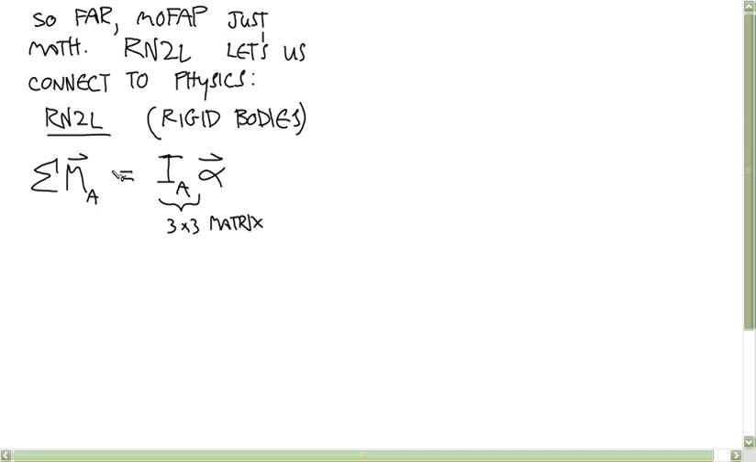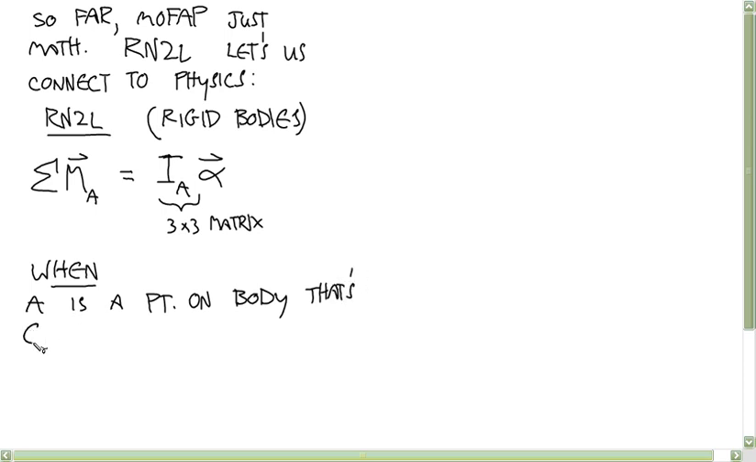But now this is a little more complicated because this is only true if we have the same about point for the moment as we have for our moment of inertia. That's an extra level of complexity. And then even more complexity comes from these conditions that we have to put on this for the rotational version. This equation only holds when A is a point on the body that's either,